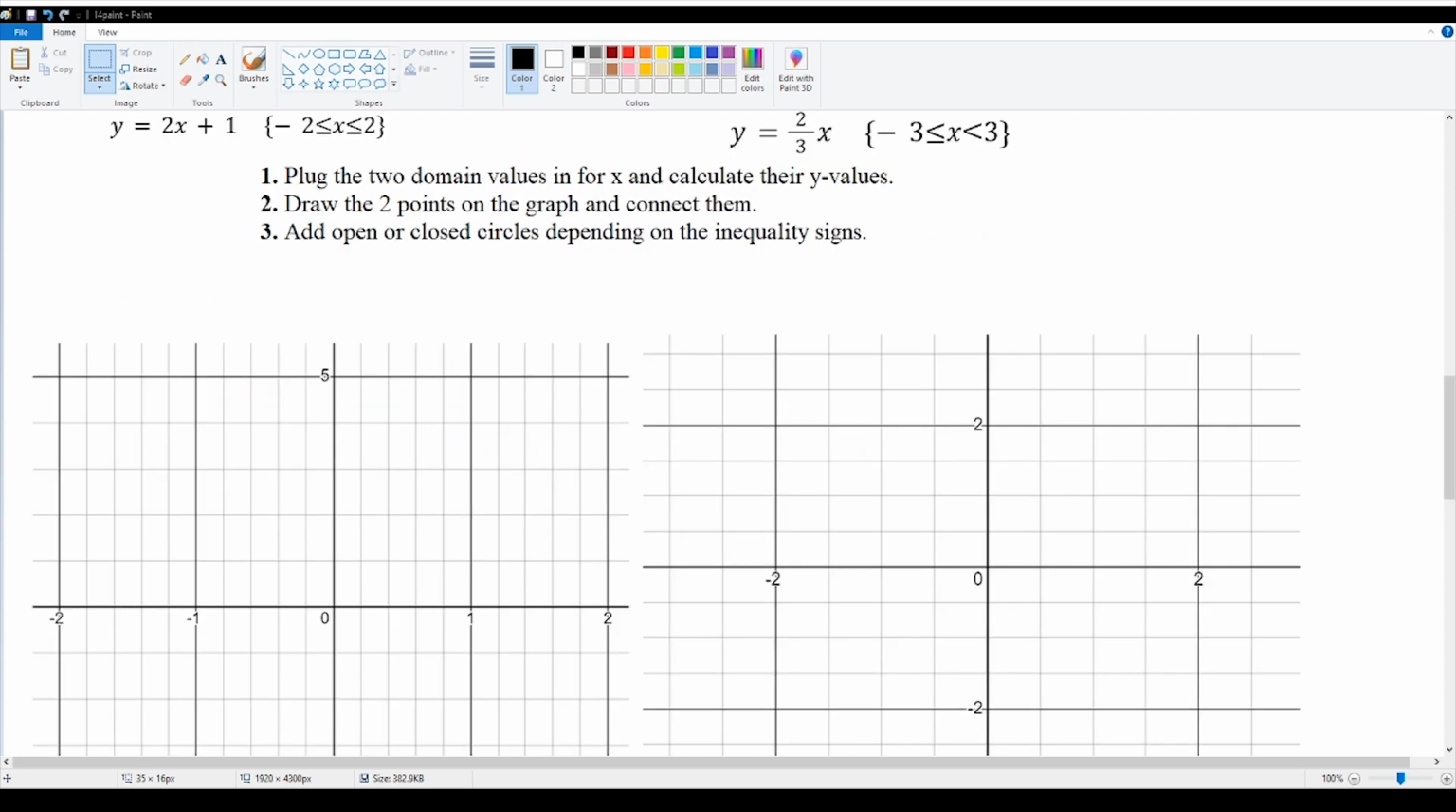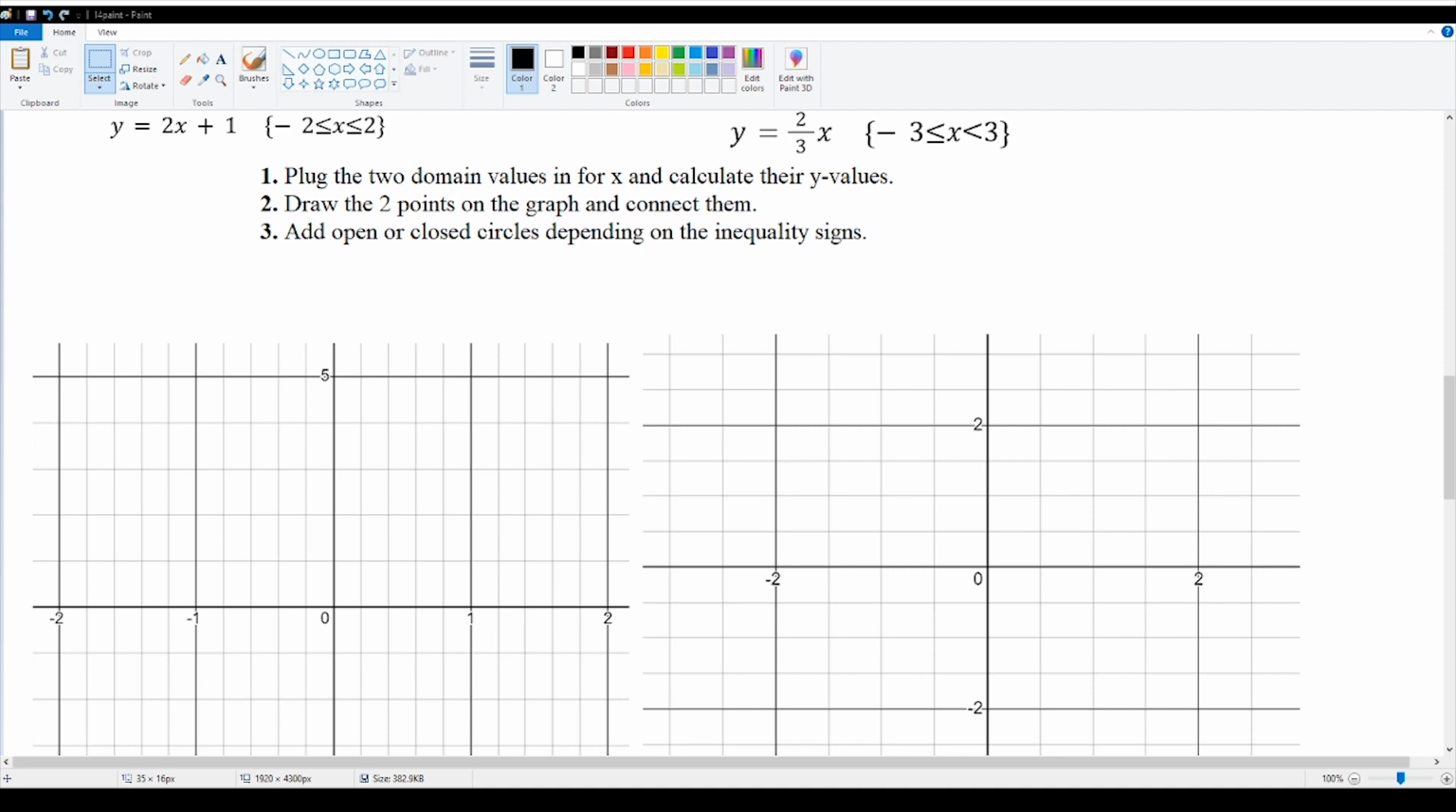The best way to graph a line with a domain restriction is to just plug the two domain values that you're given in for x and calculate the y values, then take those 2 points and draw the line between them. Since we only need 2 points to make a line, and 2 points are given to us by the domain restriction, this is a pretty good way to do this. It is also worth noting that we want to mark the points with either open or closed circles depending on